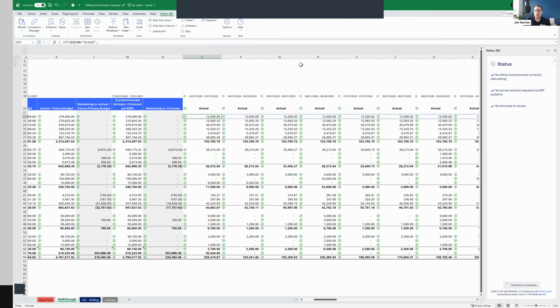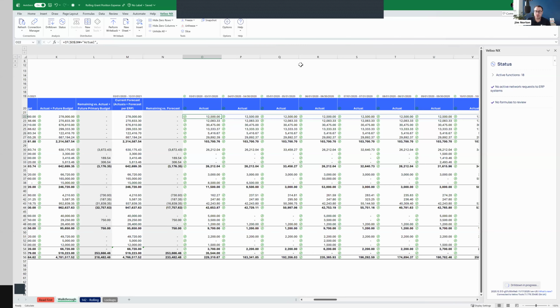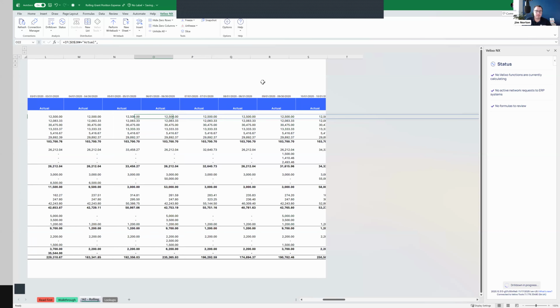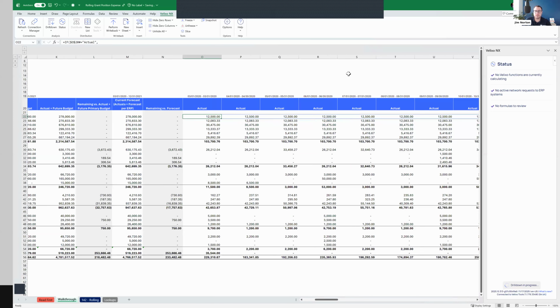So it's going to go find all of the detail behind that and display that to you in another tab that you can very conveniently sort and filter any way you want. And that's coming up here.